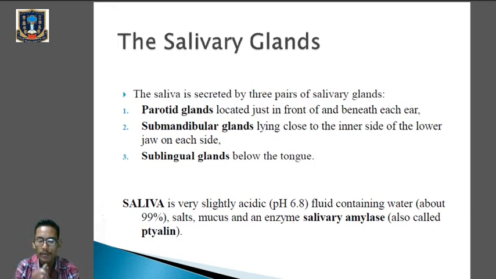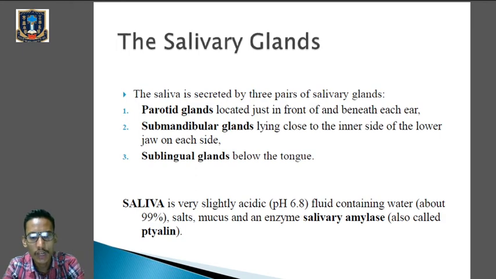So salivary glands will help in secretion of the saliva, which is slightly acidic with a pH of 6.8, and it contains about 99% water, salt, mucus and enzymes, including an important enzyme that will help in the process of digestion known as salivary amylase or ptyalin. Clear? So saliva is secreted by the three pairs of salivary glands, and those glands are mainly parotid glands, submandibular